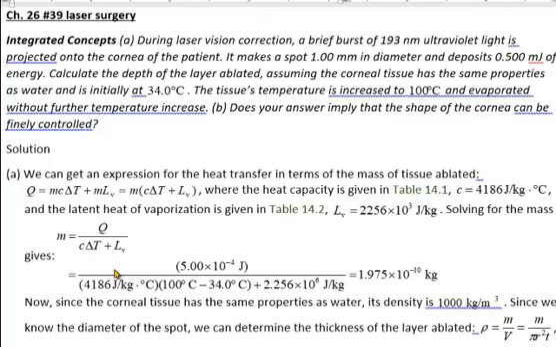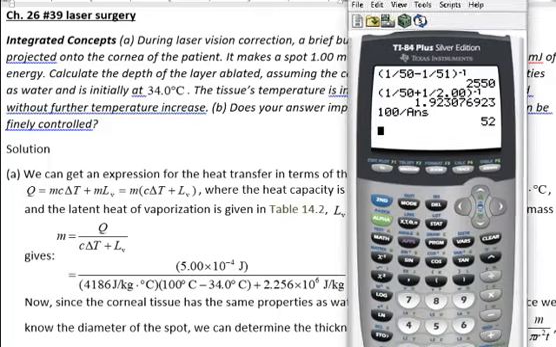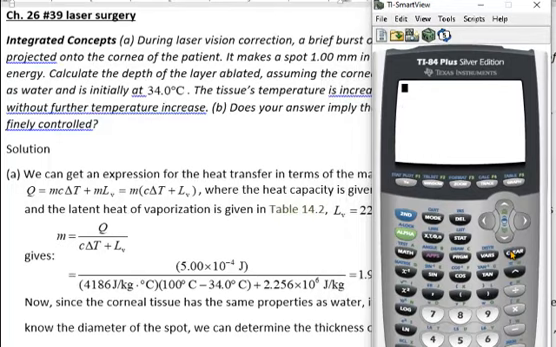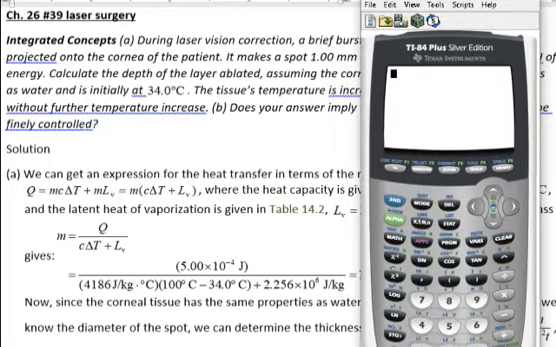is 4,186, times the temperature difference to get it from, this is kind of like skin temperature, cornea temperature in this case, 34, up to the 100 degrees where water actually would evaporate, so times the 66 here. And then you add simply the latent heat of evaporation to that. And if you plug that in, sure, here it is, we can see that we actually do come up with,